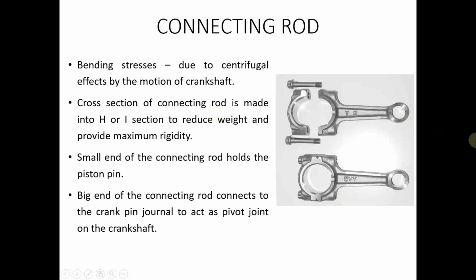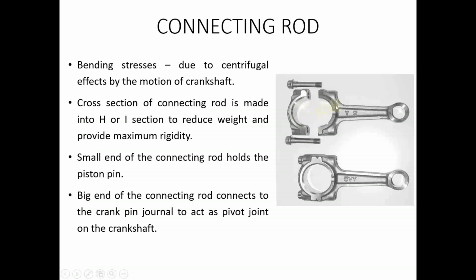And the bending stresses act on the connecting rod due to the centrifugal effects of the motion of the crankshaft. So we have the motion of the piston that causes a force on the smaller end, and the rotational motion of the crankshaft which causes a bending stress at the bigger end.